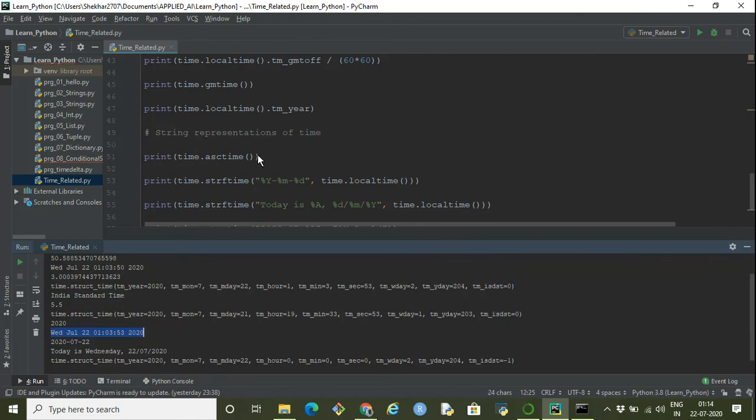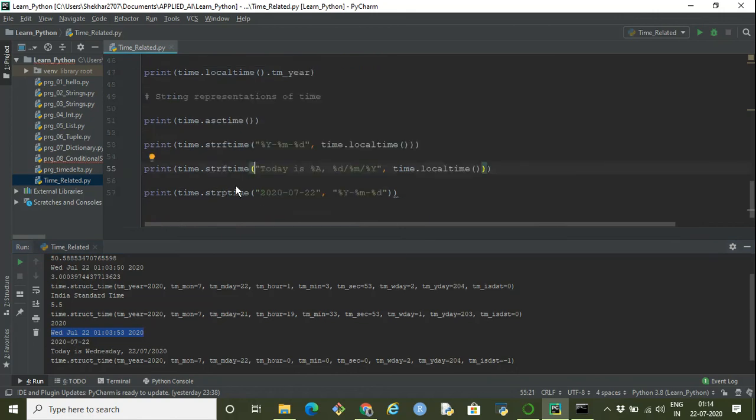Now we can customize it. We can use another function, time.strftime, in which we can pass the time format. Capital Y is for year in the century format, m is month, d is day, and again we have to pass the time which we want to format. So this is time dot local time. I want to present the local time in the form of Y-m-d. So there are some fancy ways in which we can transform our current local time.